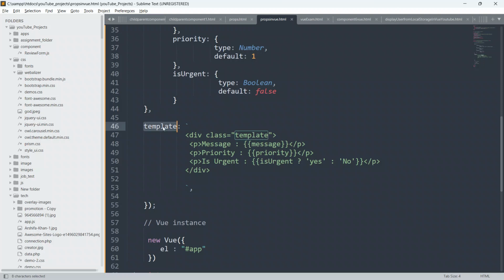And here I am defining a template, and inside this I am creating a div. I have given a class also, and I have created 3 paragraph elements.